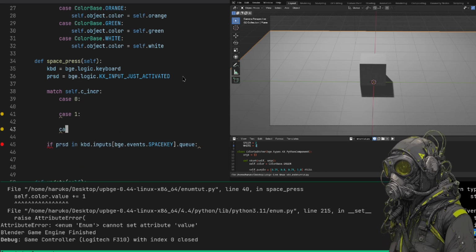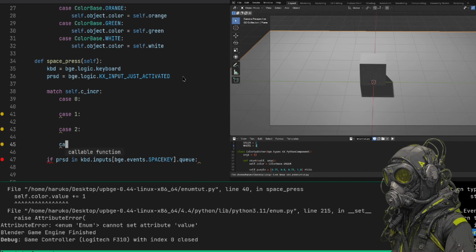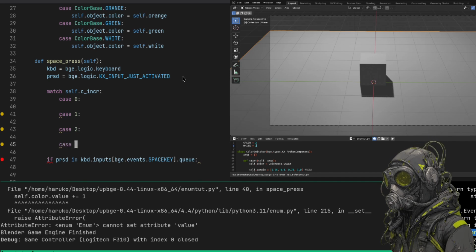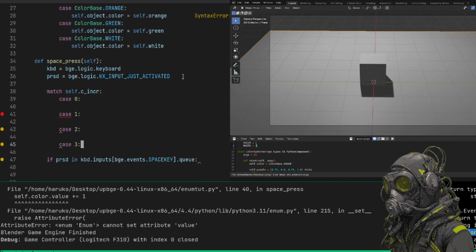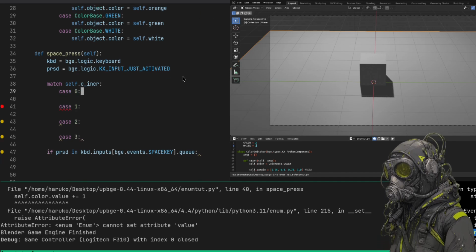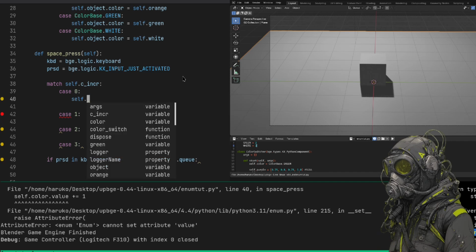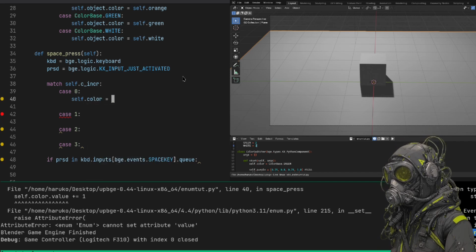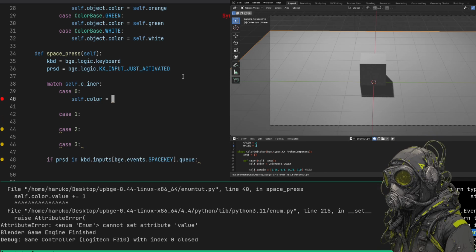Case 1. Case 2. Case 3. And in each of those cases, we'll do self.color is equal to